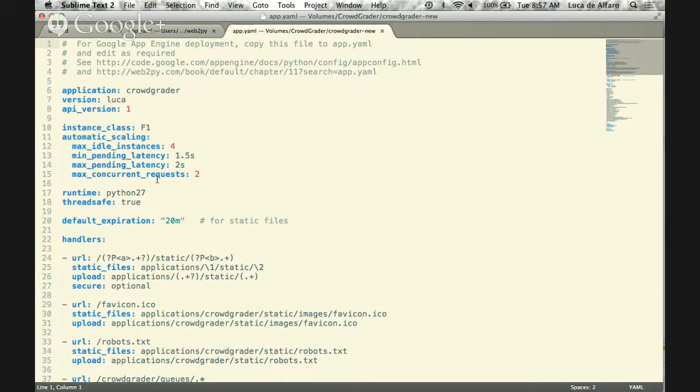Okay, then runtime Python 2.7. There is not much to be said. Default expiration, I already told you, this is for static files. If you leave these two on too long, what happens is that any CSS or any JavaScript you have will be served stale, possibly by a large amount of time.